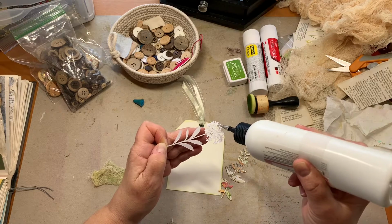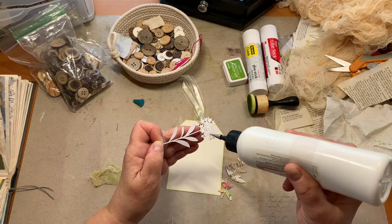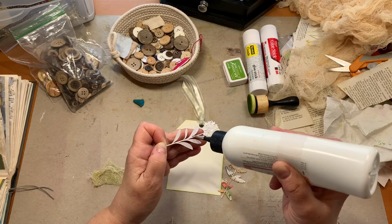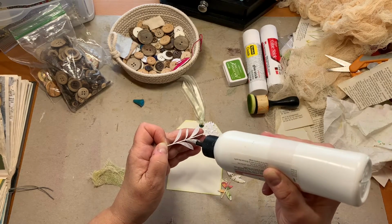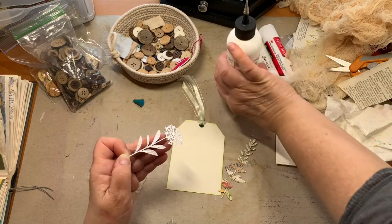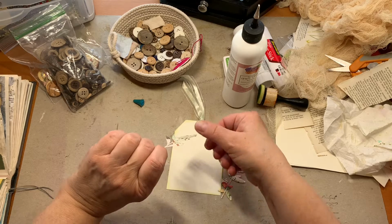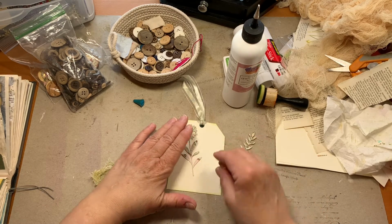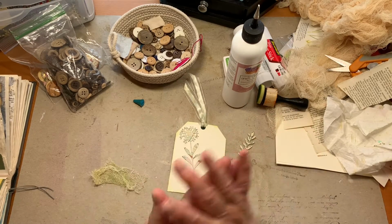I wish I was as good as Susan is. Hi, Susan. With tweezers on fine things like this. I can't seem to make my tweezers work, but I have the kind that you squeeze to open them, and that's just so backwards to my brain. I think that's my problem. Ooh. Put that at the top because I like